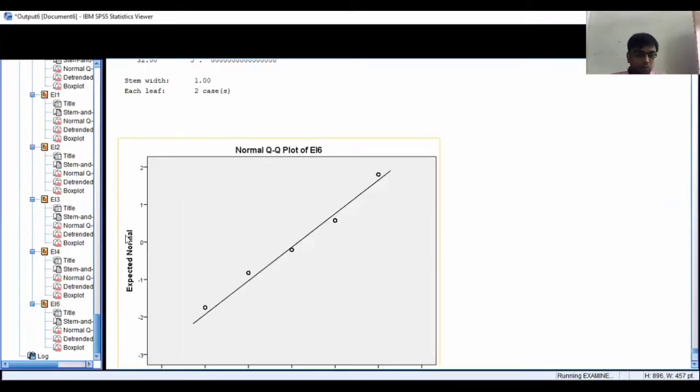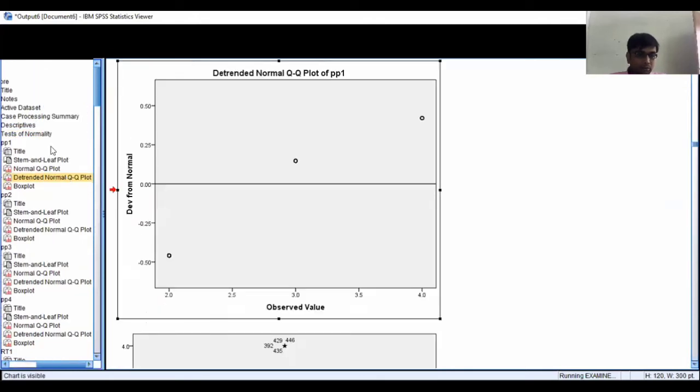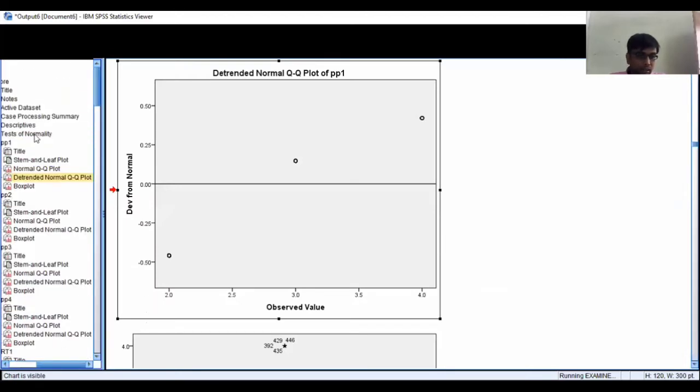Now this is my output. You can see it is showing the Q-Q plot of each and every variable and the histogram also. But we will focus on the left side of the screen. We have to click on this one, the Tests of Normality.